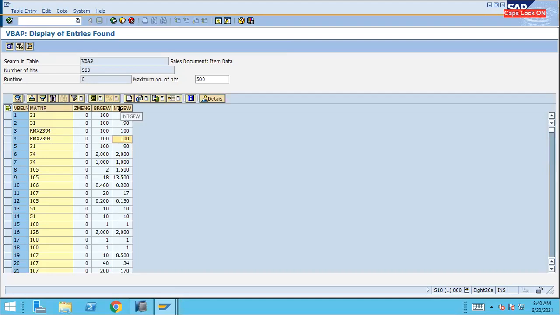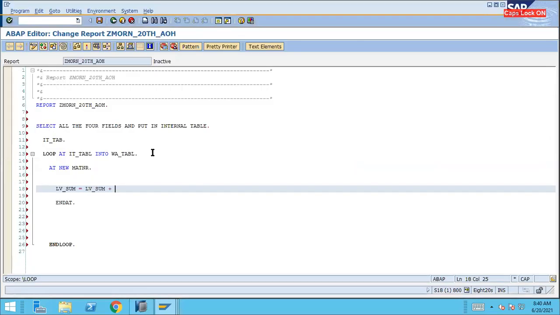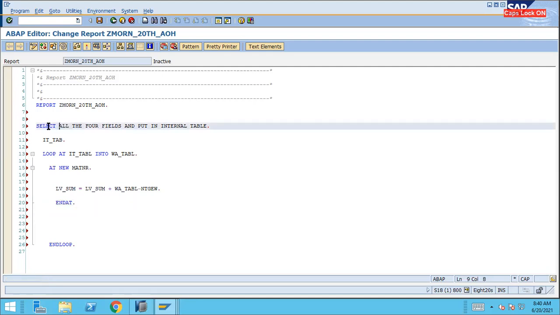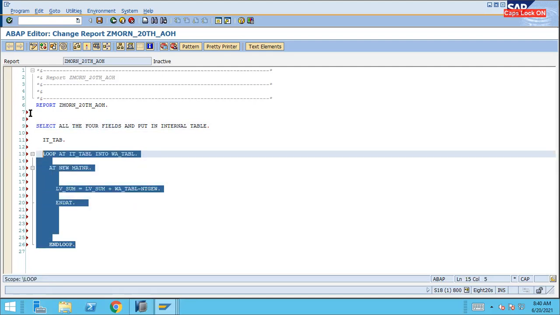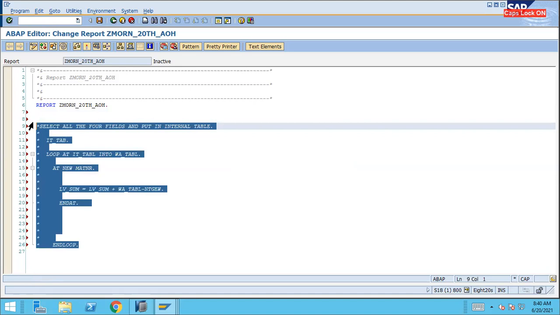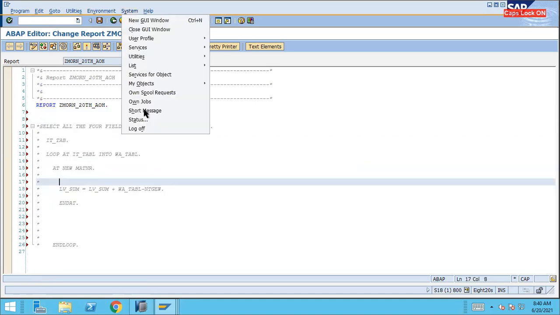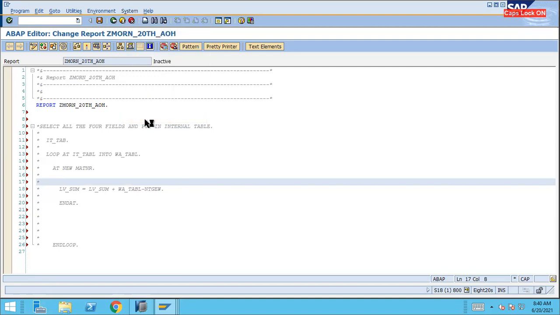And let's suppose you are going to get the aggregation for NTGEW. So here WA_PAPL NTGEW. Something like that, we used to write this much code over here. Here, directly we are not supposed to put the aggregate function, but now it's very easy. Why is it very easy? Because you can go and check over here under the status.